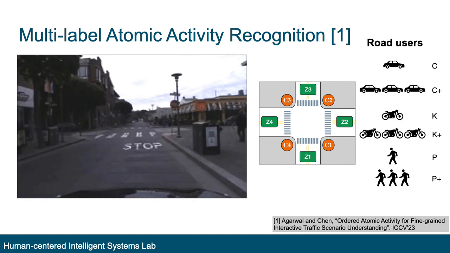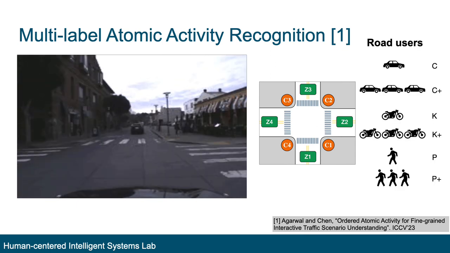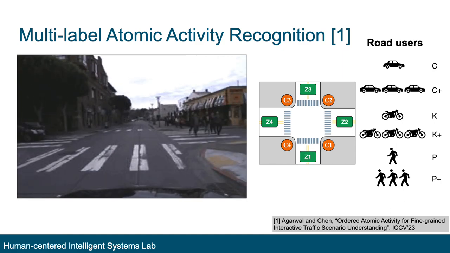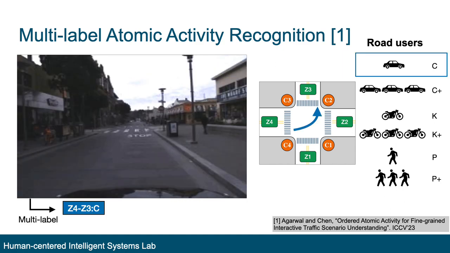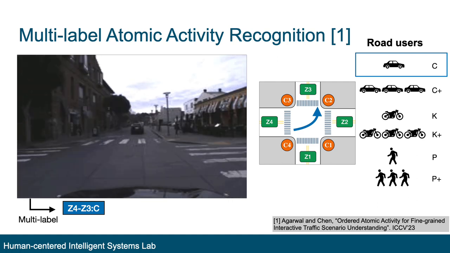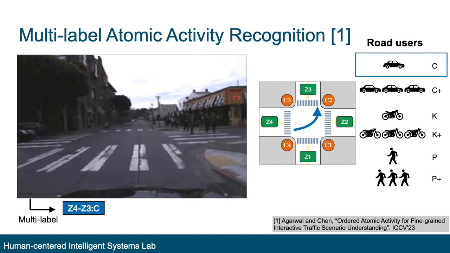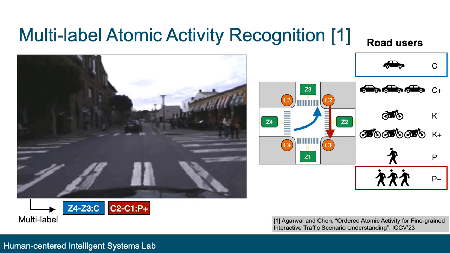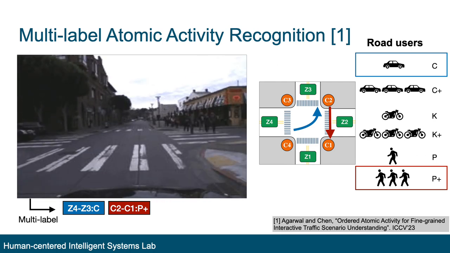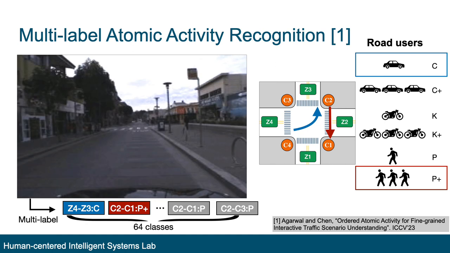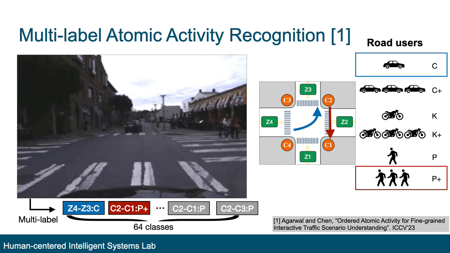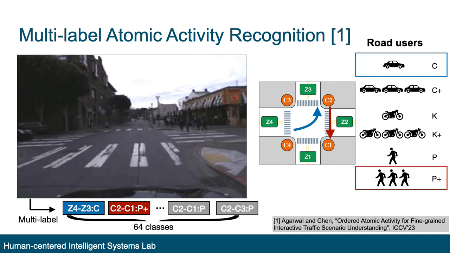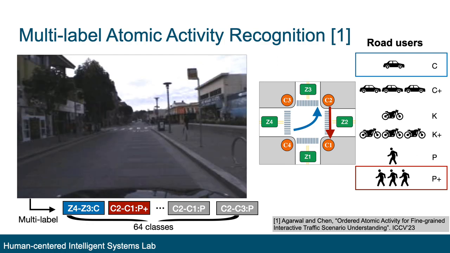Then, one can describe the motion by defining the movement on the road topology, for any specific agent from a short clip. For example, a car turning left from Z4 to Z3 is denoted as Z4 to Z3 C label, and a group of pedestrians crossing from C2 to C1 is labeled as C2 to C1 P plus label. Such a combination of topology-grounded action and types of road user can compose 64 classes, and can be formulated as a